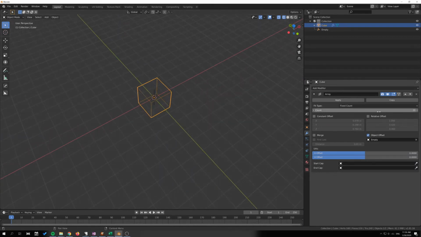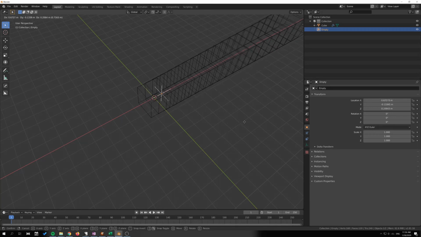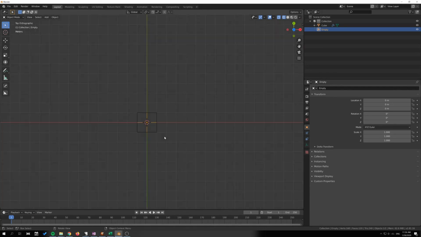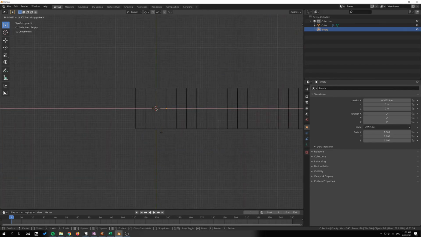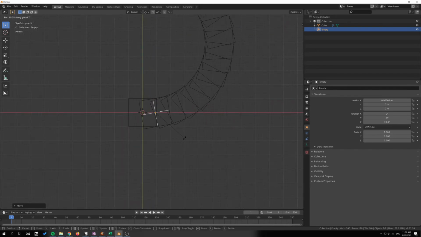We're going to add some count here, perhaps 20. Select the empty and then start to move this, and the offset will be dependent on the position of this empty. So I'll grab that in the X direction, and then I will just press R, Z, and rotate it on the Z direction, and you can see that we can